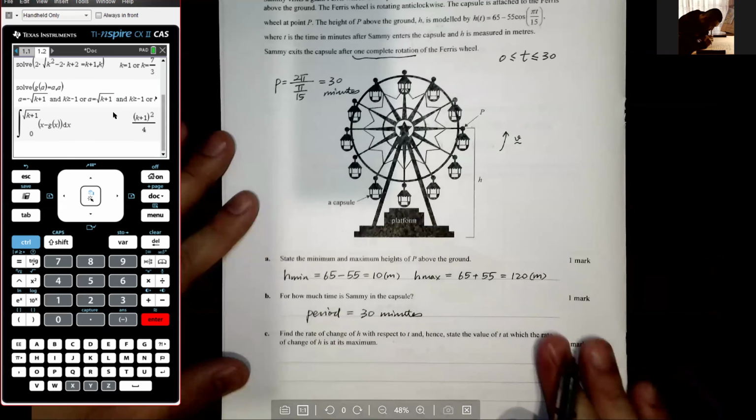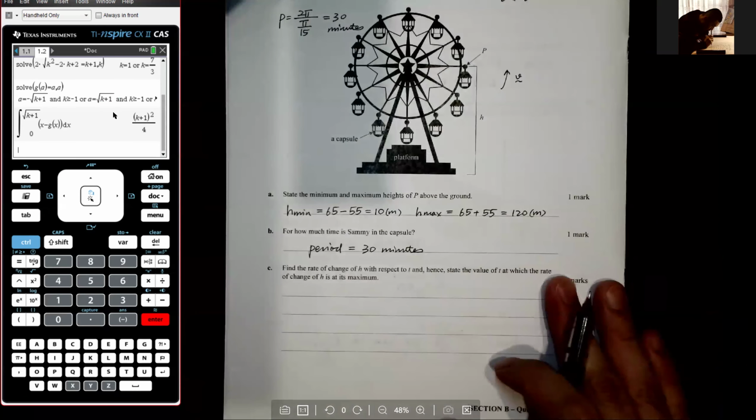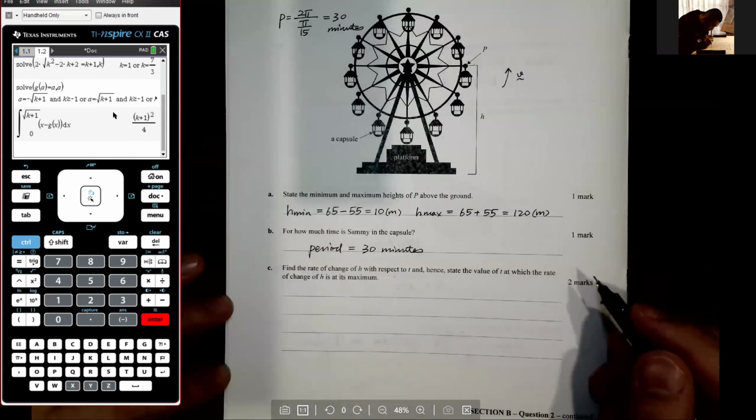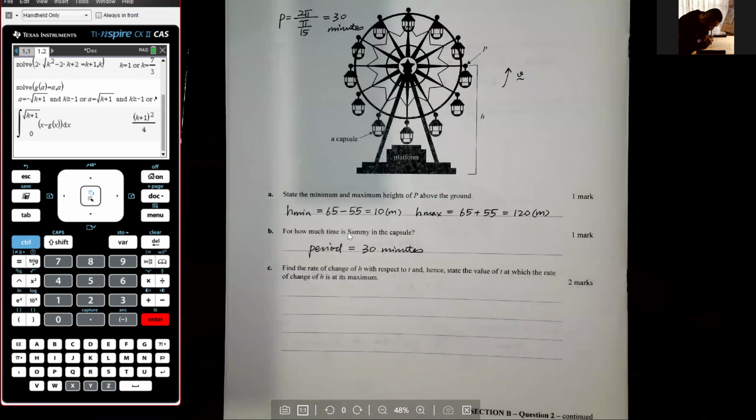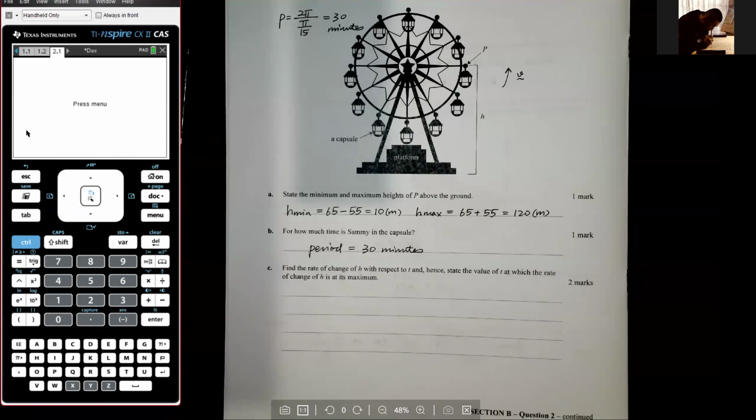Next thing is we want to find the rate of change of H with respect to t, and hence state the value of t at which the rate of change is at its maximum. This time we're not calculating the maximum height because we already dealt with that. But I want to take the derivative and find the maximum derivative value. So on the calculator, I go for Control Up, menu, insert the problem, and add a calculator. This time I'm using H(t) assigned to 65 take away 55 cosine of pi times t divided by 15. And then I'll calculate the derivative,